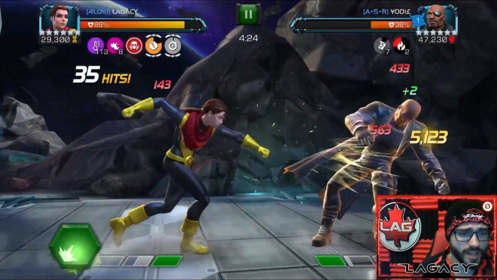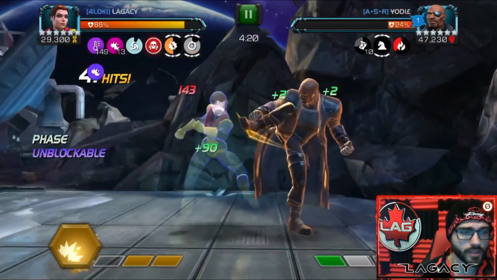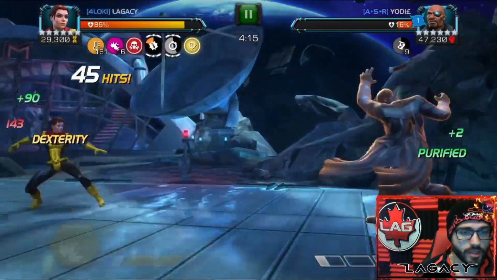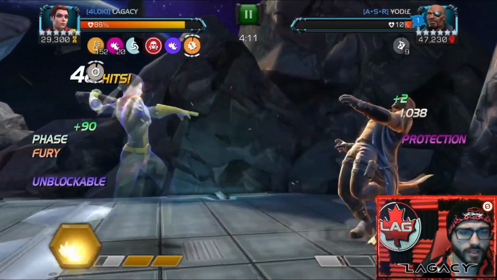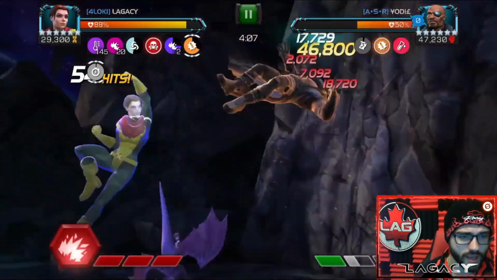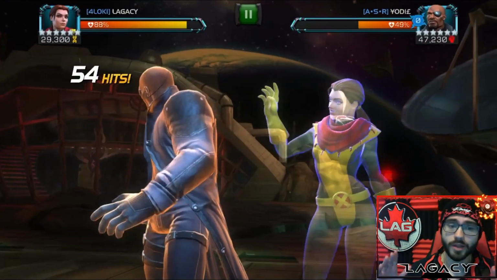So getting in here with Kitty Pryde felt great. I got off the special 1 to build up some of my temperature, and we got the intercepts and everything. I'm getting kind of close to killing him, but I'm getting too close to my special 3. So I decide to just throw the special 2 to kill him, try to do as much damage as I can. It did a ton of damage, and with the mutant power back boost, it propelled me right to a